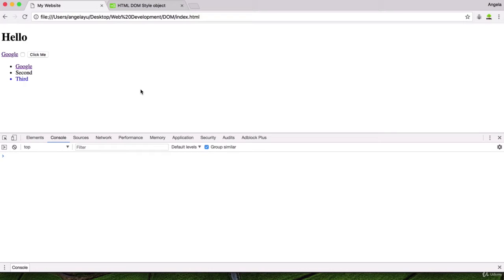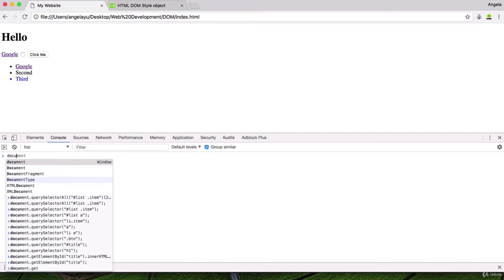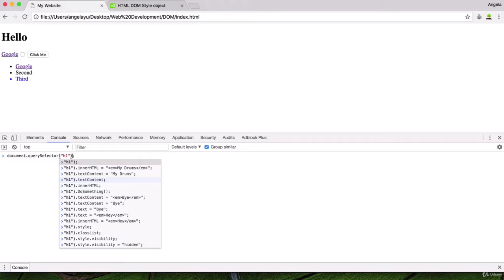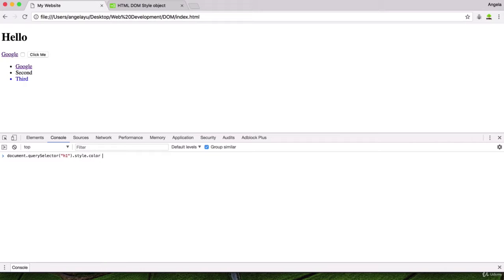All right, so now that we know how to select elements using the DOM, it's time to learn how to use JavaScript to manipulate the elements that we've selected. As you saw earlier on, we were able to change the CSS style dynamically using JavaScript by tapping into the style property of an element object. So for example, we could say document.querySelector h1.style.color equals red. And that selects the h1 element in our document, changes the style color to a red